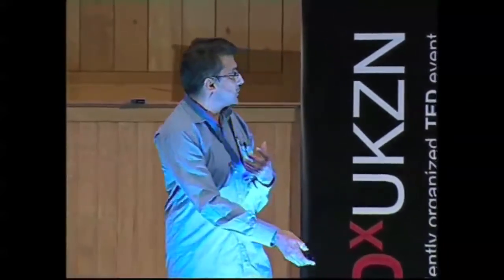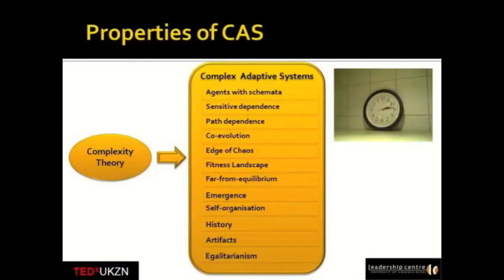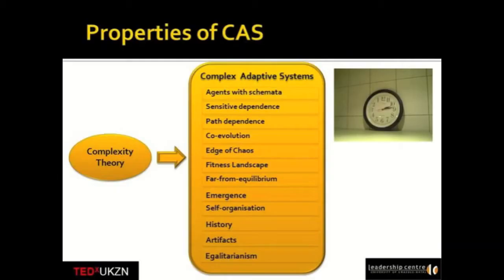Drawing on complexity theory, we may be able to identify some of the properties of complex adaptive systems. What I have here in the middle are a whole host of properties that one could say are scientifically established as properties of complex adaptive systems, by looking at the research and the literature. We don't have to go into all of the details. They sound very heavy, but we can look at one or two and explore what they mean, because the interest here is what are the implications for us as human beings in the way we interact with each other. So let's start off with sensitive dependence.